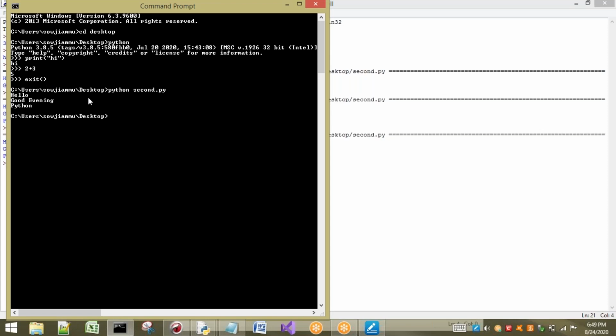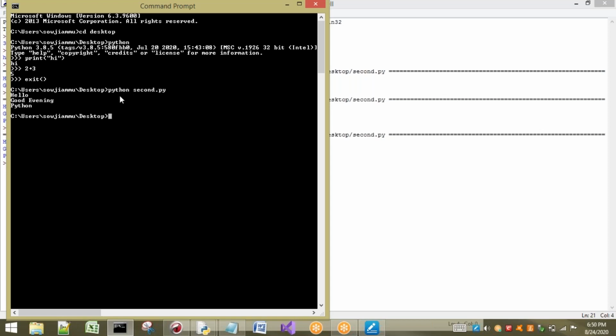Next, if I want to execute multiple statements in the command prompt, come back to the command prompt and type exit. If we type exit here, we exit from the Python shell and come back to our command prompt. From the command prompt, if I want to execute a group of statements present inside a Python file, I type python space second.py.